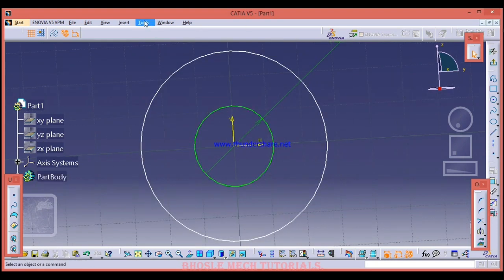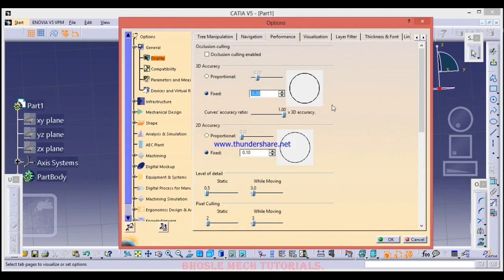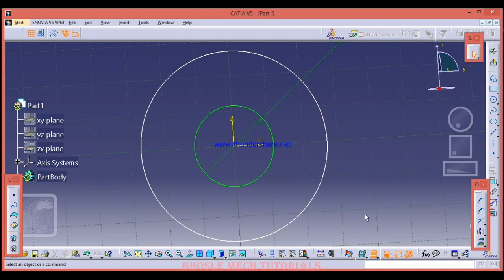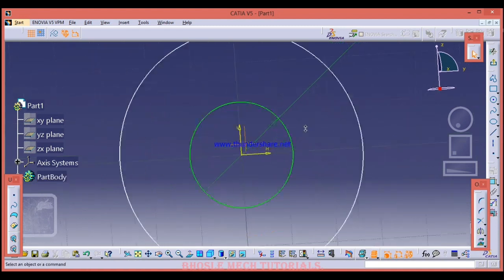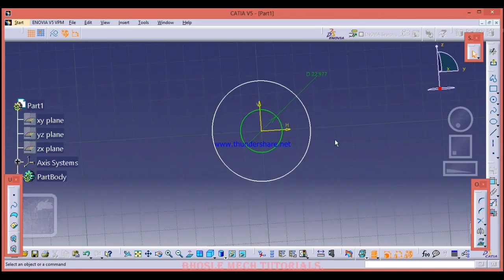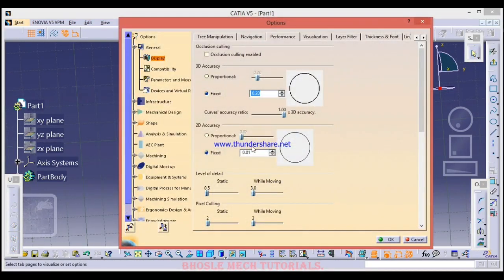Still, if you reduce it further, you will get a complete circle, but there is a lot of RAM consumption. If I select 0.01, see here, we are getting a complete circle, but there is a lot of RAM consumption. So I recommend going for 0.1.